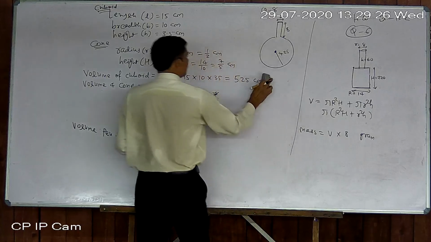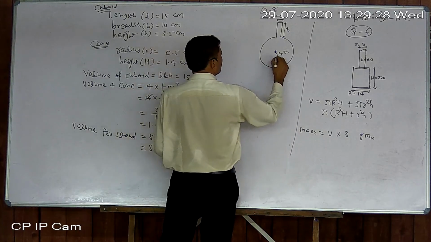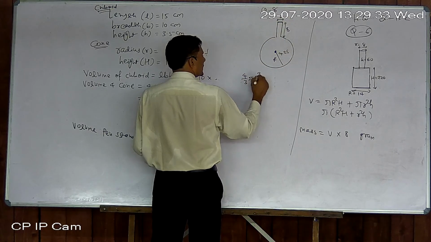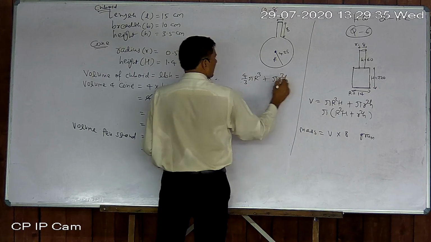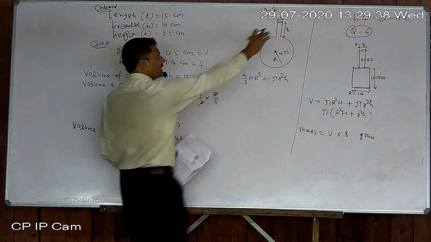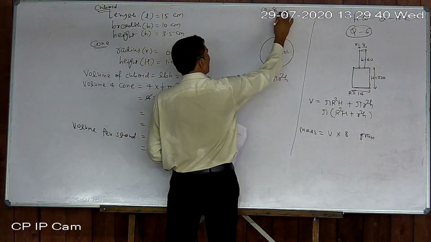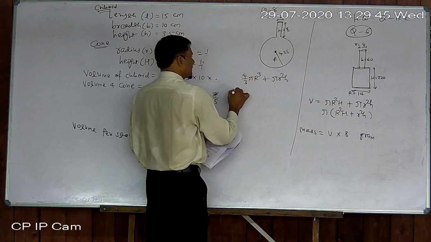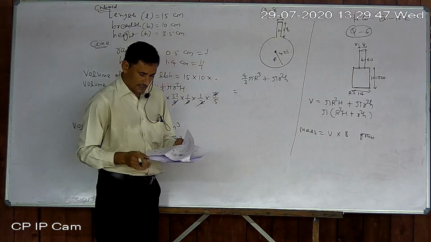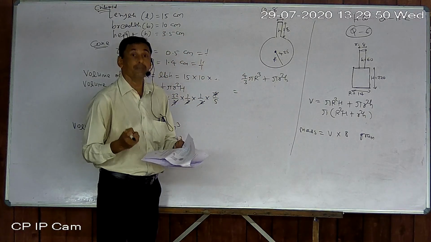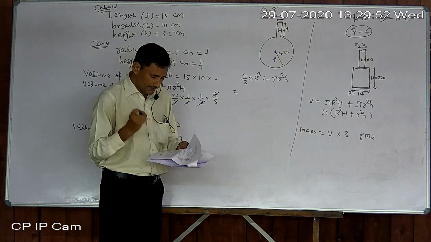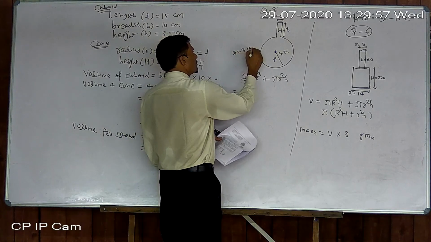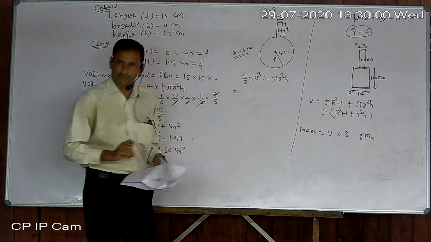Now find the volume. How to find the volume? You know. Suppose that is capital R, it will be small r. So 4 by 3 pi R cube plus pi r square h. Small r will be 1, and h is here. Okay. So after finding that, you just verify their answer. They have given us that a particular child got answer 3, 4, 5. So whether that answer is right or wrong, and pi's value is also given as 3.14. So you have to use that value only, not 22 by 7.